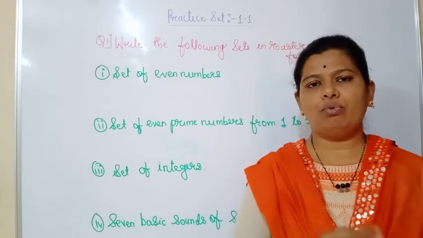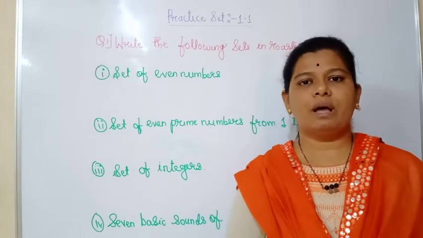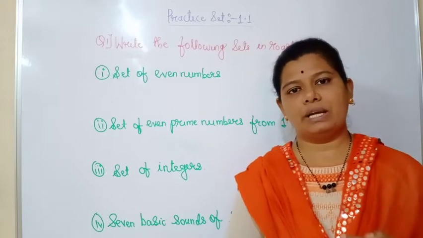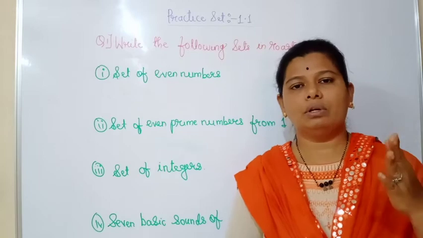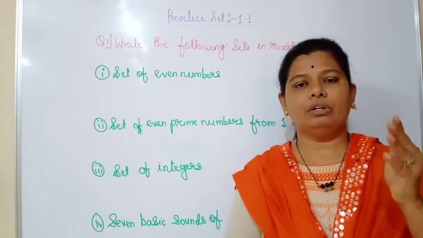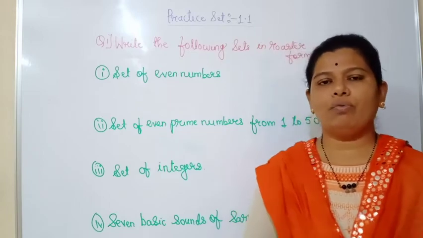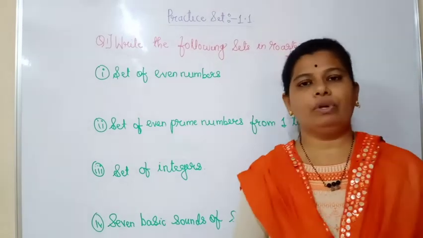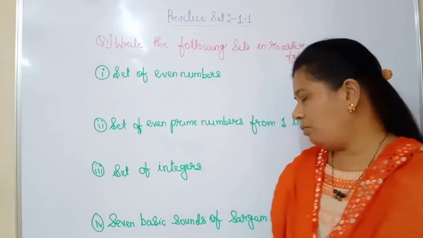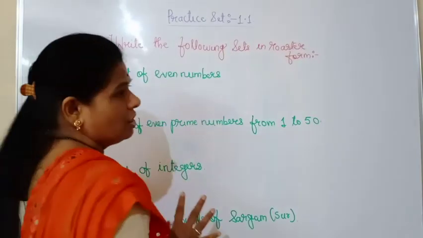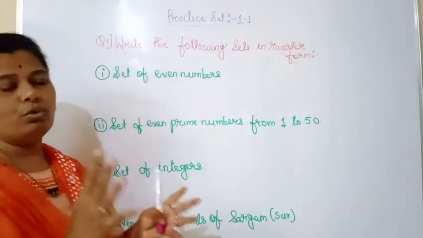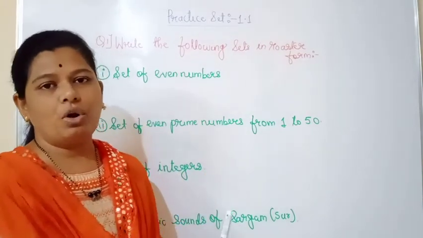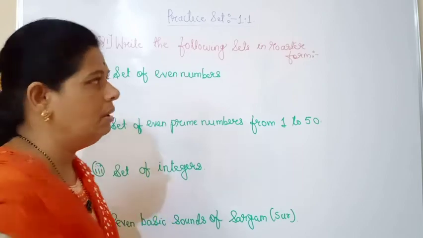Okay, so now all of you know which are the even numbers. For example, even numbers between 1 to 10, as all of you know 2, 4, 6, 8 and 10, and after 10 there are 12, 14, 16, 18. So all of you know those even numbers. We are going to write here a set of even numbers, and there is no limitation given to this. That is, we have to write the even numbers till 10 or till 20, it is not mentioned in the question.